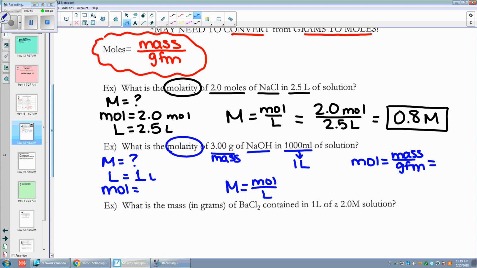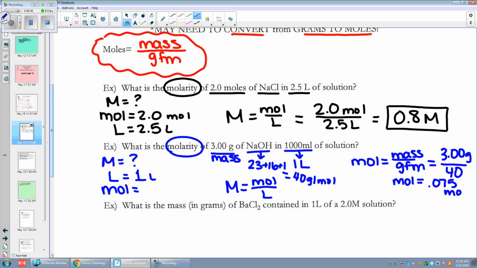I have a mass. My mass is 3.0 grams. I can also figure out my gram formula mass. Remember, I have to look up each element. Sodium has a mass of 23. Oxygen has a mass of 16. H has a mass of 1. That equals 40. Is that right? Yep, 40 grams per mole. So I put 3 over 40. That is going to get me my answer in moles. So my moles equals, try this in your calculator, you should get